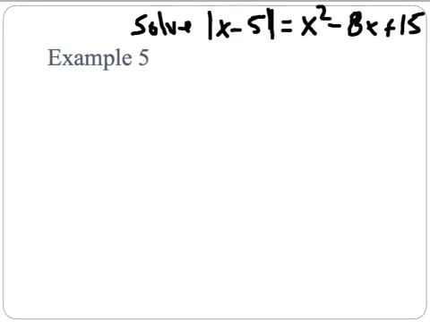Alright, one last example here. We've got the absolute